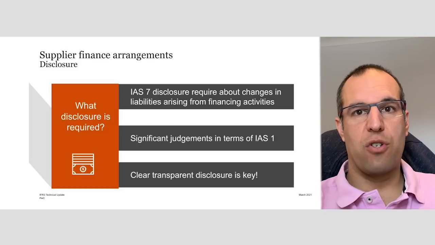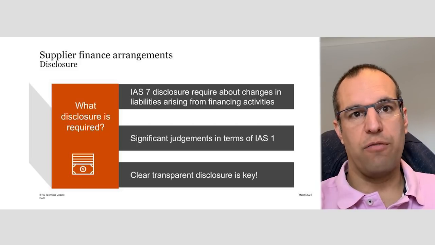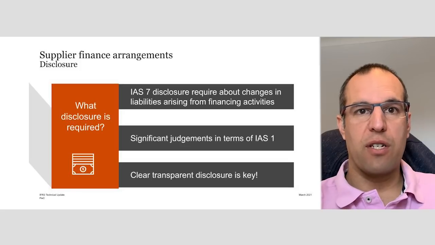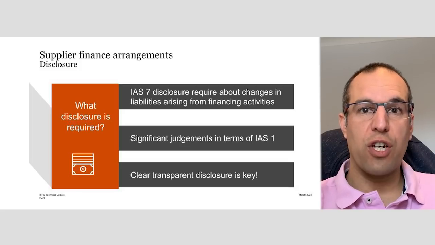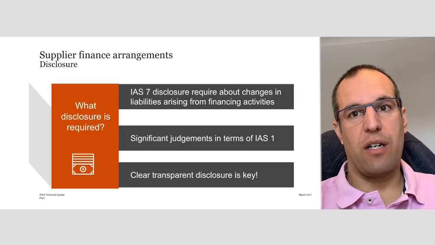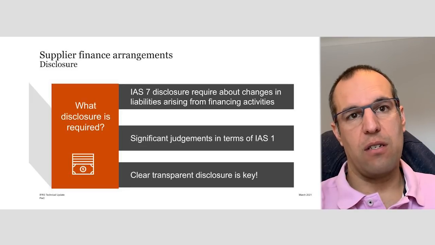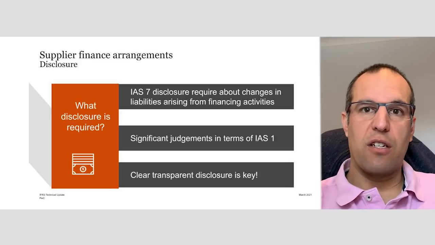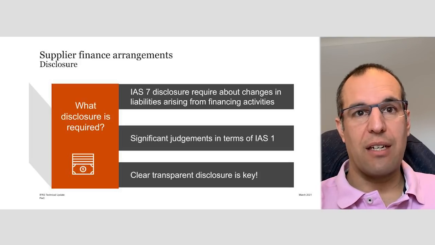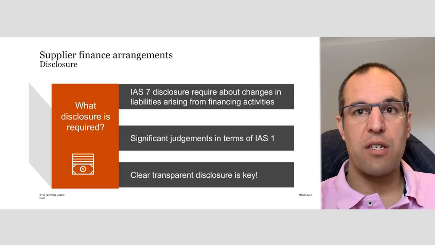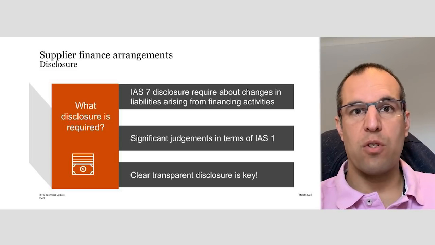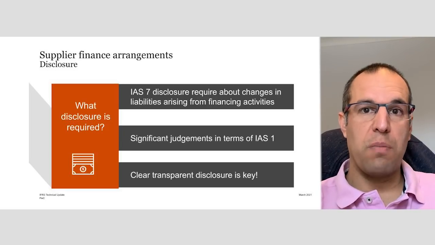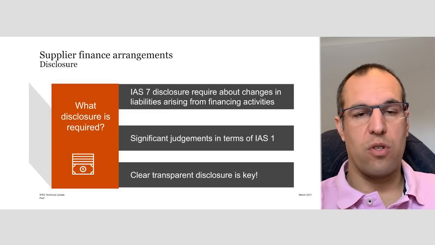Now, such disclosure is required for liabilities that are part of reverse factoring if the cash flows for those liabilities were, or future cash flows will be, classified as cash flows from financing activities. And that is often the case. To the extent that significant judgments were made in terms of the derecognition or presentation in the income statement or the cash flow statement or the balance sheet, these should be disclosures that are made in accordance with IAS 1